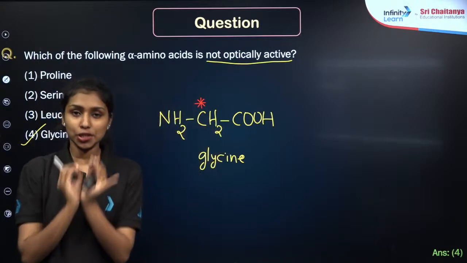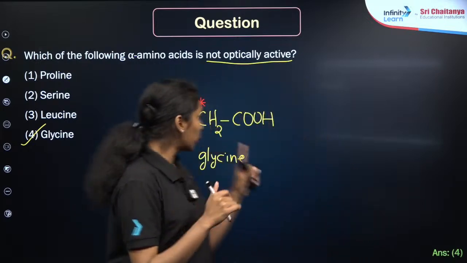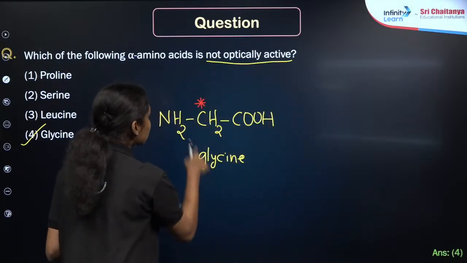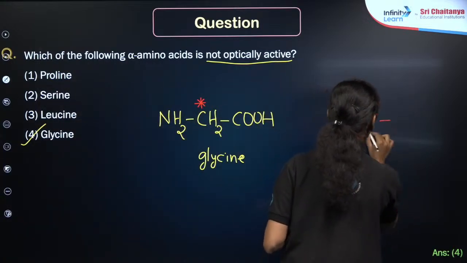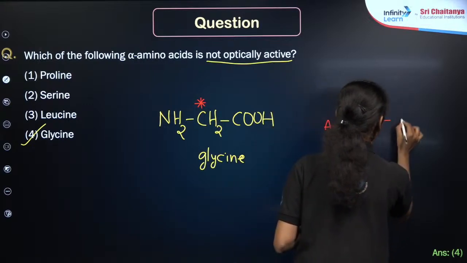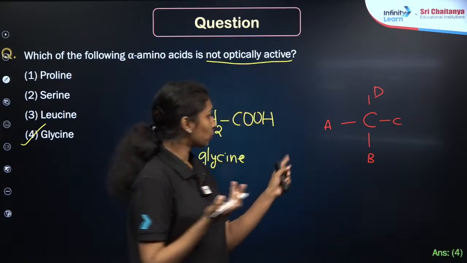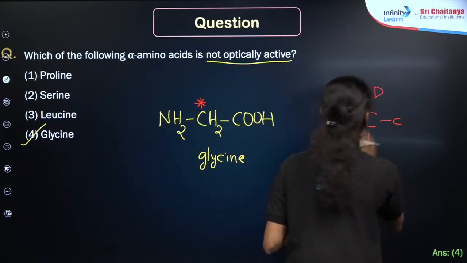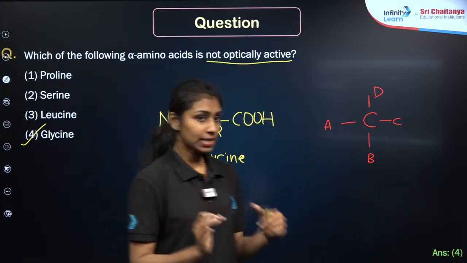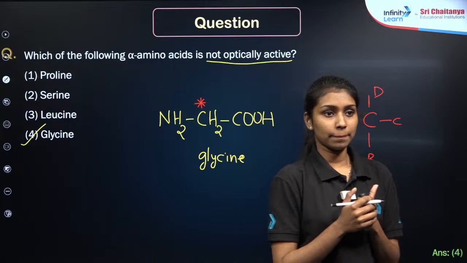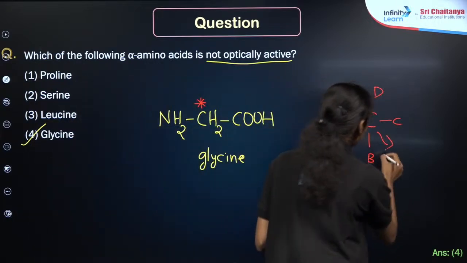In order to predict the chirality of a carbon, carbon contains 4 valencies, right? Carbon should attain 4 valencies. So, in order to maintain the 4 valency, if it contains 4 different groups, for example, just for a representation, this is our carbon containing 4 valency. Carbon has the tendency to form 4 bonds with 4 different groups. So, if I take A, B, C, D groups, I can say that A, B, C and D groups are different, so I can call this carbon a chiral carbon, right?